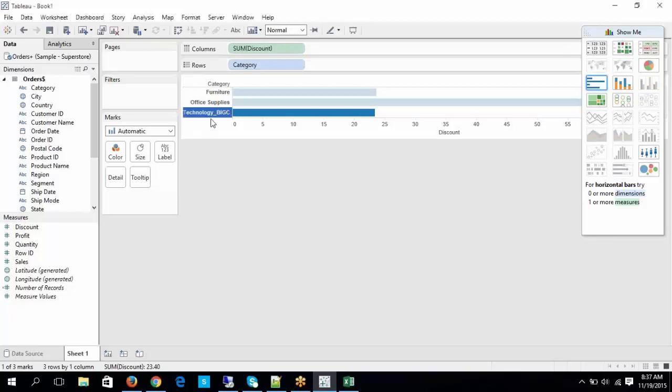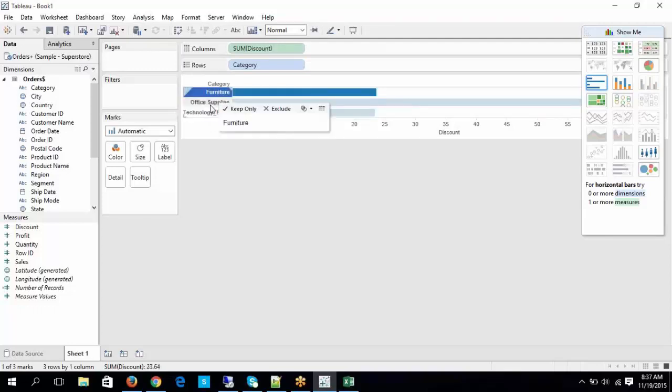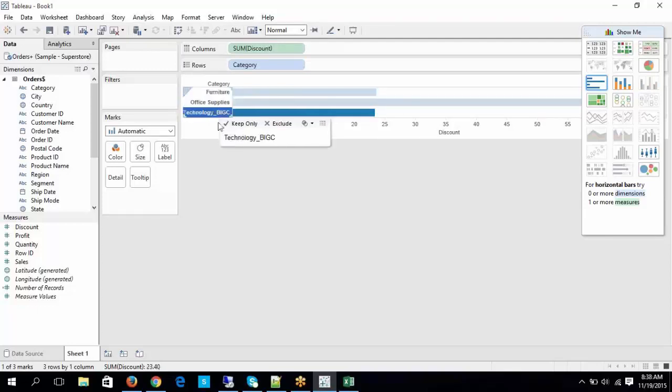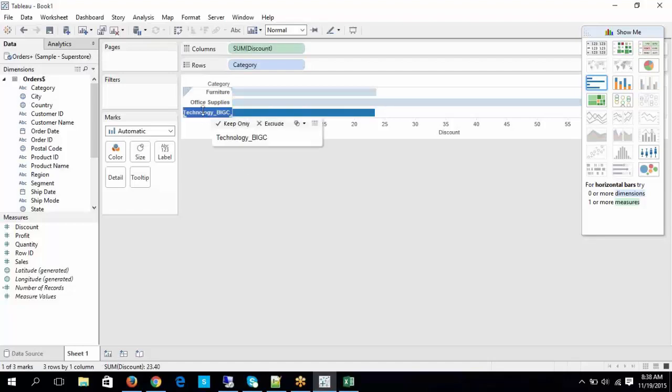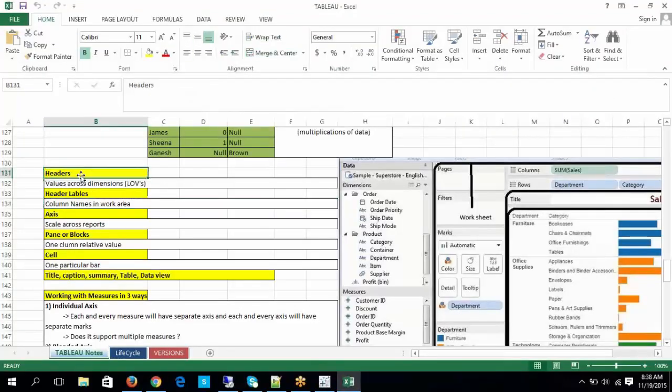What happened? You can edit the headers also, but in a realistic scenarios, this is what your LOVs. I mean, say in a, as per your business, right? We used to call it as what LOVs, which is these values are reflecting from your data source. You can call it as LOVs or list of values or records, or as per the terminology of a Tableau, we used to call it as headers. Okay, what is that? Headers, nothing but values across dimensions. We used to call it as LOVs, list of values. Okay, that is one thing. Now